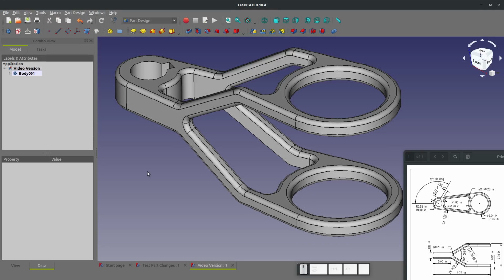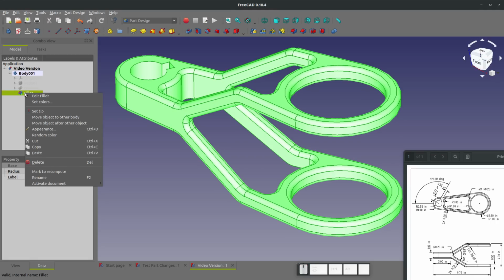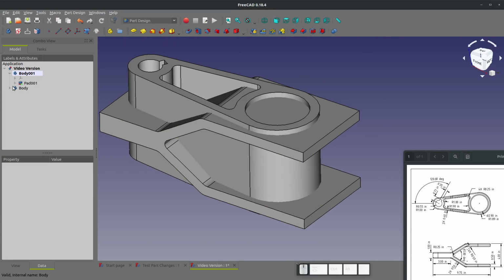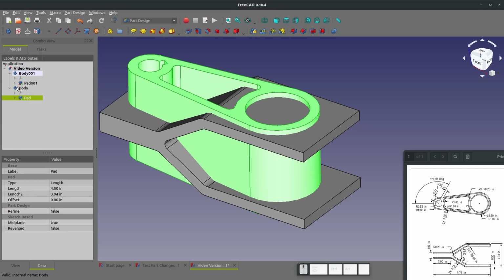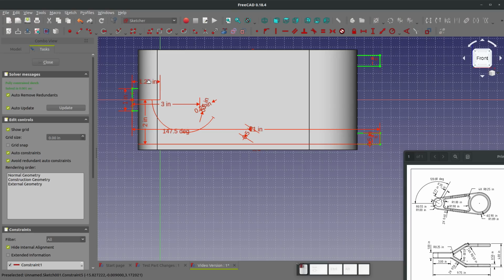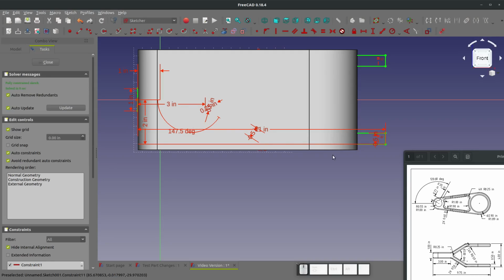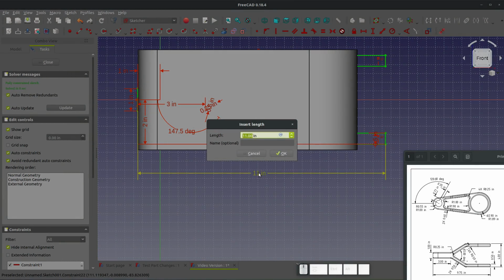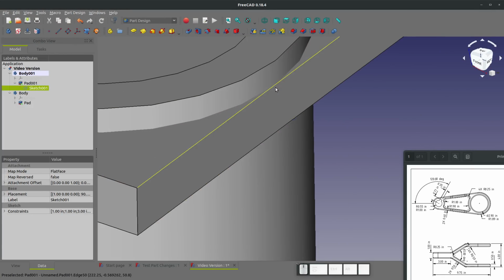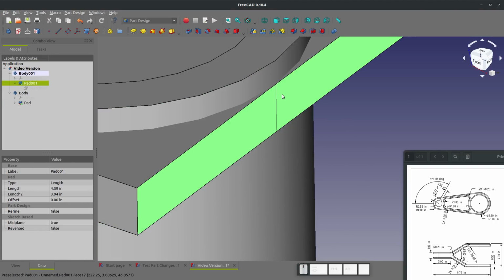So I'll save this off, and now maybe I can show you a little bit why it is so important to avoid zero thickness, and especially if you're new at modeling. Zero thickness may be kind of a mystery. I'm going to delete my fillet, I'm going to delete my boolean, and now I have my two bodies intersecting each other. And if I go to my body and I highlight my pad, this sketch here, and I take this down to 1 inch as the drawing would have said, and I take this down to 9.75 inches, right? Now we have that little line there is a point where these two bodies intersect, and that